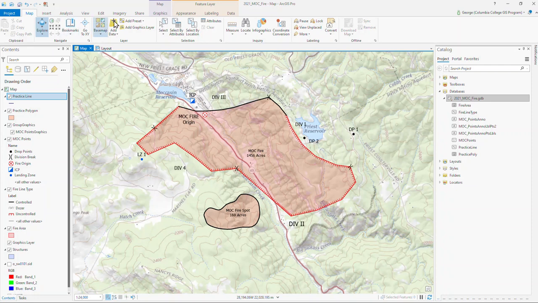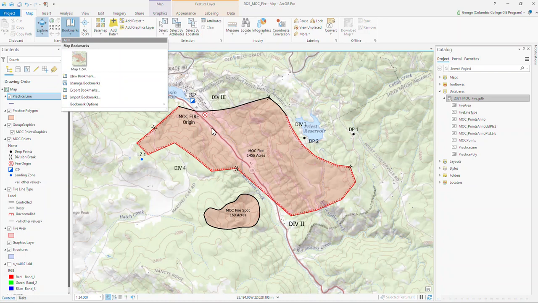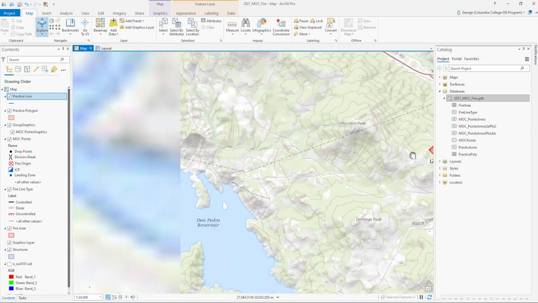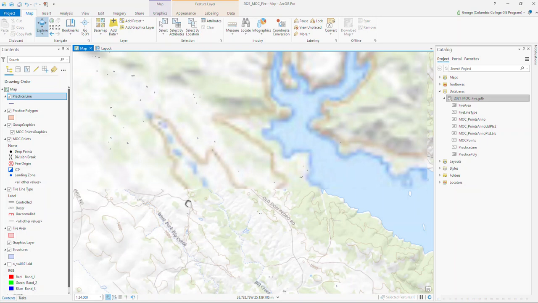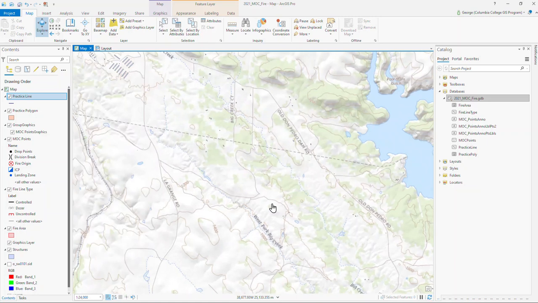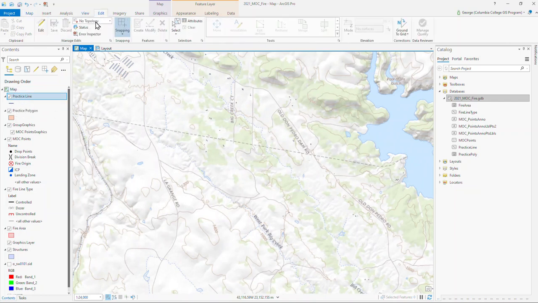And as you know, we've created a bookmark, so we can always come back to this exact place. So let's just go off here, and we'll just have a little practice area here. Anywhere on the map is fine. And notice how, of course, when you created the feature classes, it's added them over here. So let's go into edit mode, start an editing session,